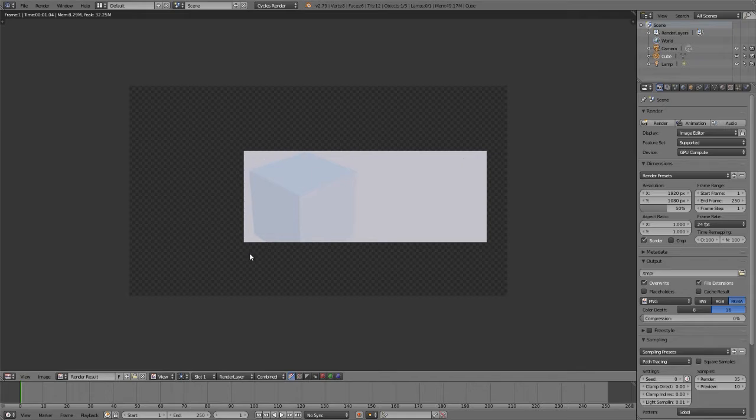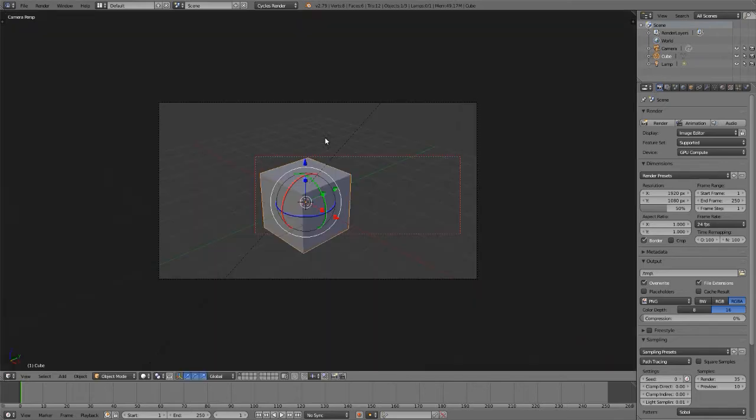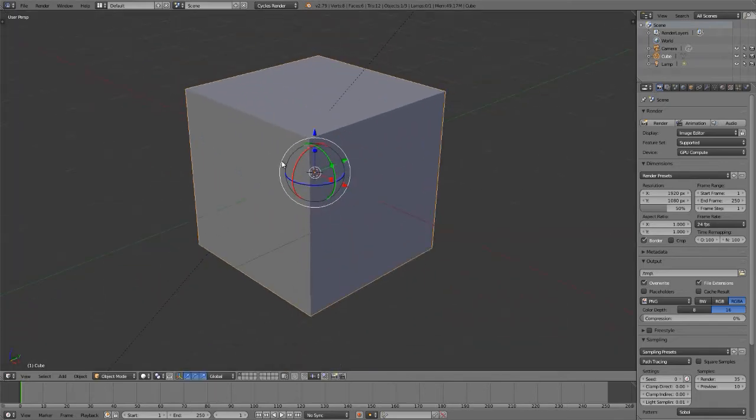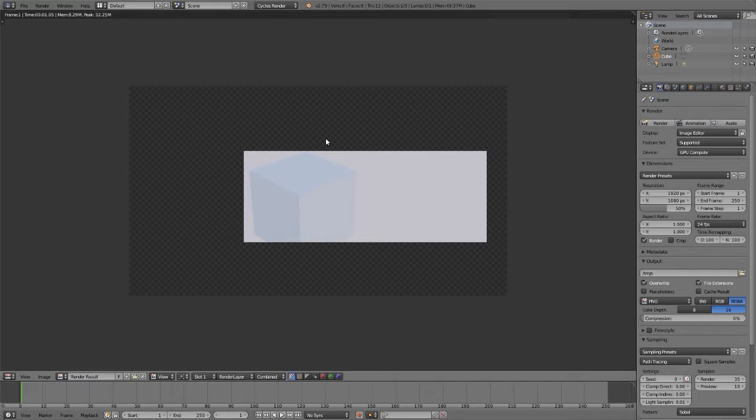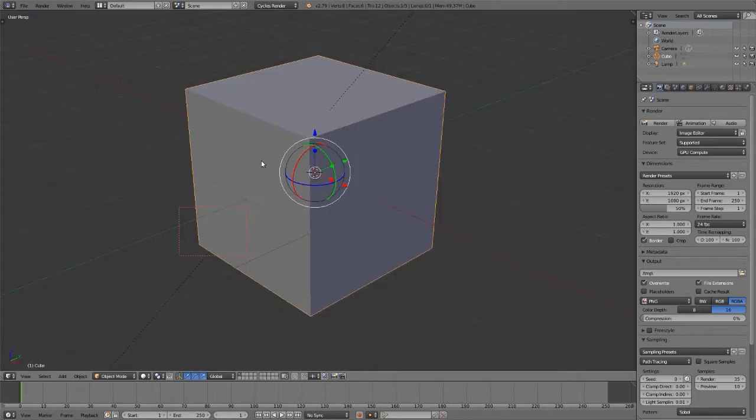Mind you, this little test strip that I just rendered only happens when you're in camera view, looking through the viewport. If I were to try that here, Control-B, and just do like this corner, it only remembers the border I drew in the camera view. That might take you some tweaking, but if I hit Control-B, the old one doesn't go away. If I hit Alt-B,